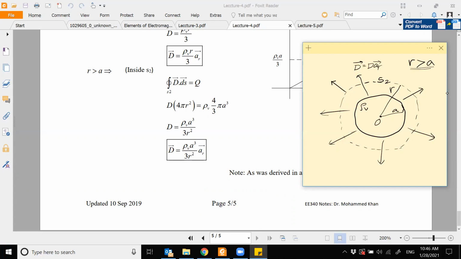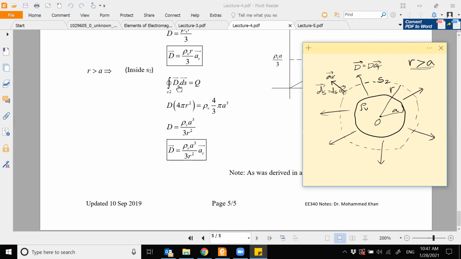So the unit normal of the closed spherical shell will also be pointing in AR. Therefore, dS2 bar will be equal to dS times AR. And that's why, if you do the D bar dot dS bar,